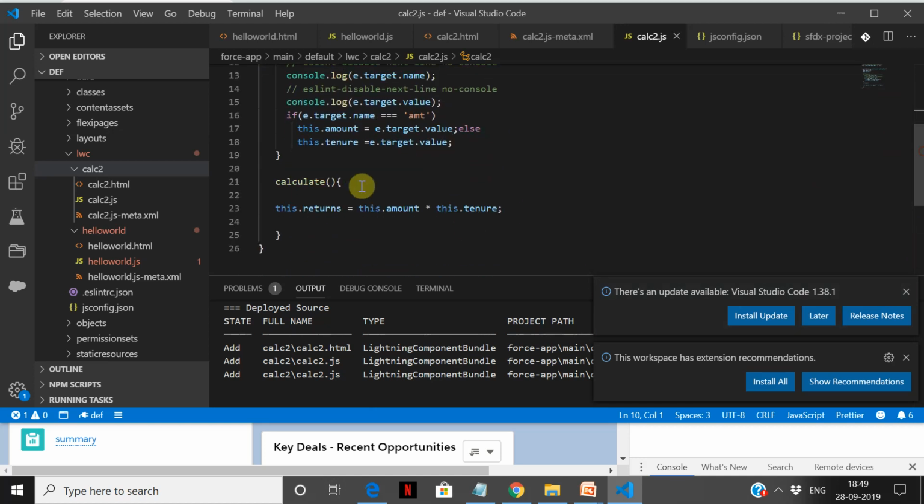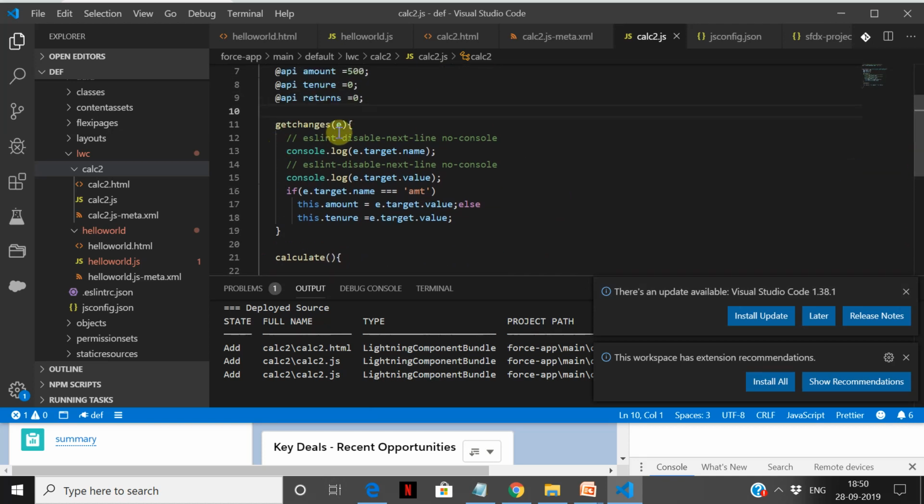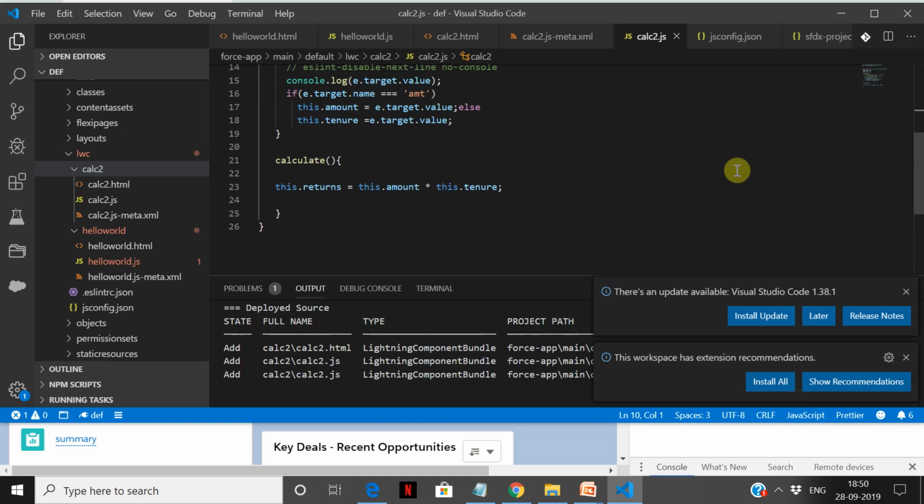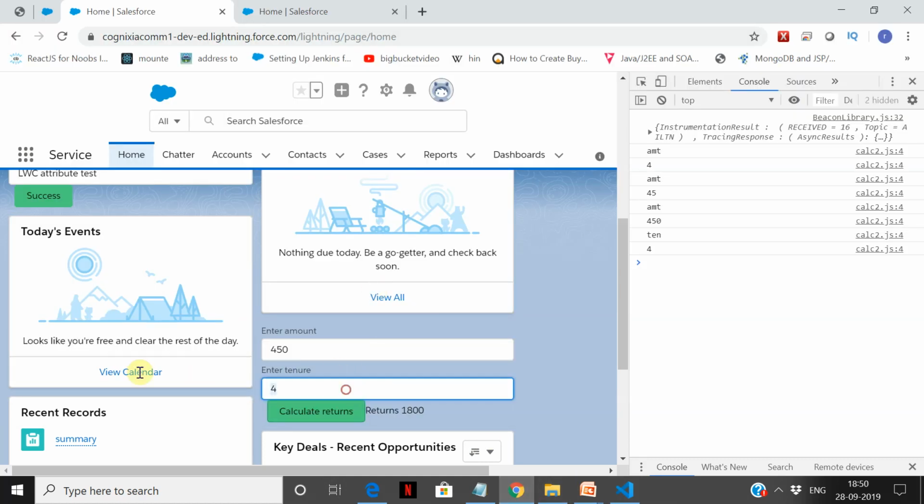Try this out. So when you click calculate, it is working. Now why don't I have e? If you're not using that object, don't include it in the code. So I'm not using e. e is an event, the keyboard event, and it also identifies the tag name. Here it assigns it back to this. Now it gets updated: amount, and the console log also works, and tenure also works. Now when I calculate, the JavaScript values are filled, so it's going to calculate the value. Let me change it to, say, 10. Now this works seamlessly.